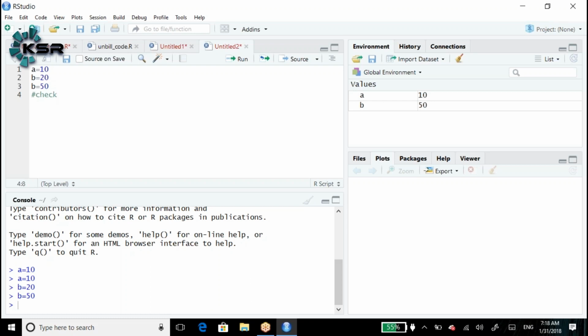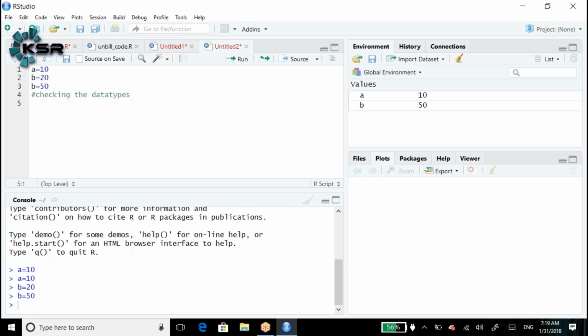Checking the data types. Suppose you press enter, it will go to the next line. After the comment, when you press enter, it automatically goes to the next line, and then the comment doesn't work. A comment only works for the particular line. If you want to write comments, always mention that hash symbol. By using the hash symbol, you can write the comment.